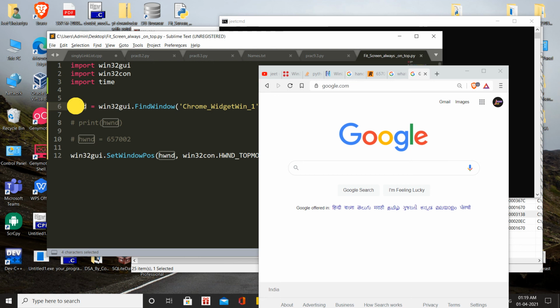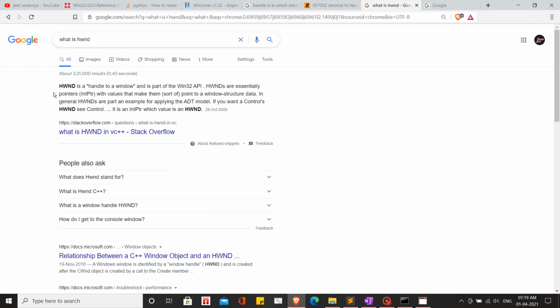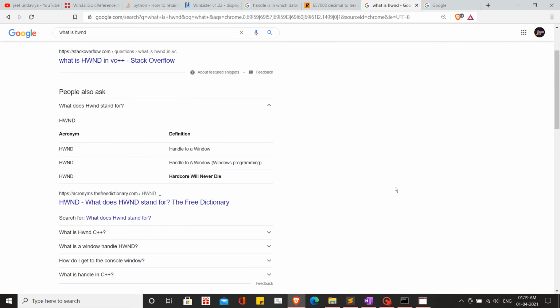See here, this is the thing, like why here the hwnd named variable was defined. So for that I also just searched like what is hwnd. With Google I got that hwnd is a handle to a window, right? It is a handle to a window. So now first of all, what is a handle, right? To be very honest, even I also don't know what handle meant, right?